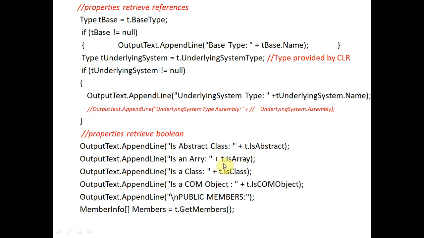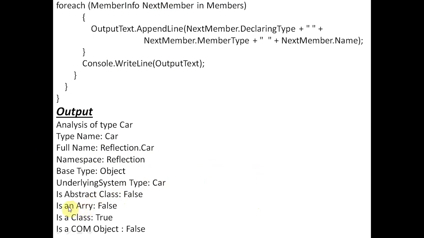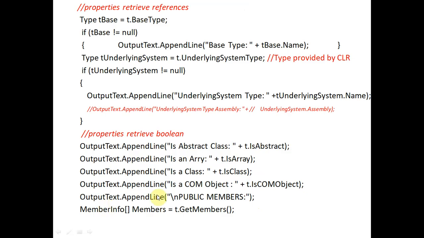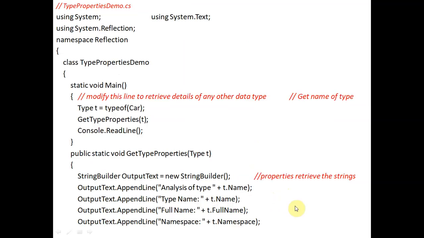Now see another one. Is array, t dot is array, output text dot append line is array, then it will return false. Again is array, it will return false. Now this line: output text dot append line is com object, t dot is com object.